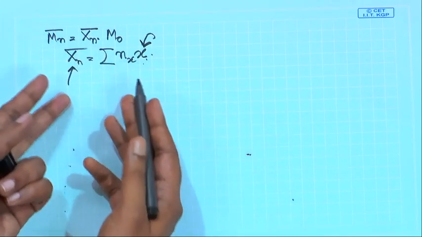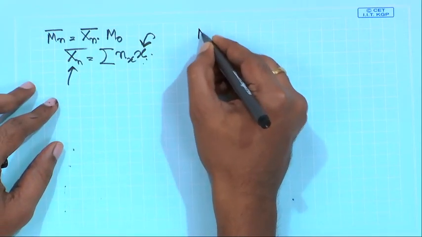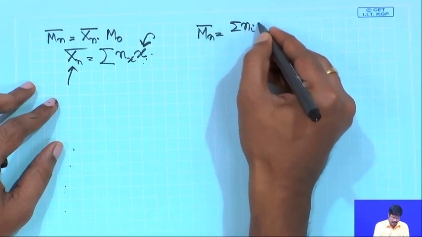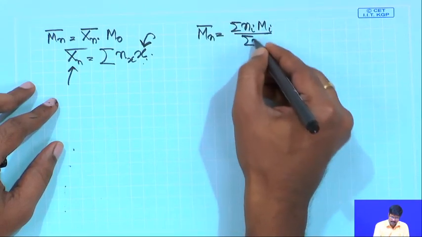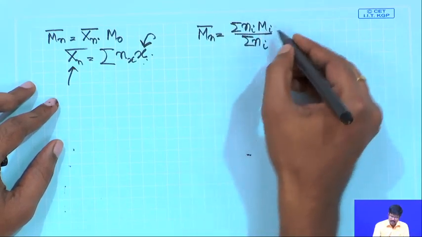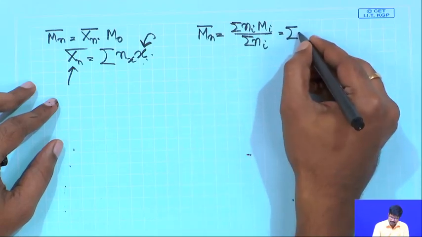So, this is also the concept of average. When you talked about the expression of Mn, that was summation ni mi divided by summation ni, if you remember. So, this is nothing but you can also write it as